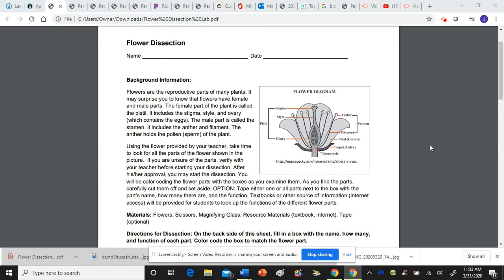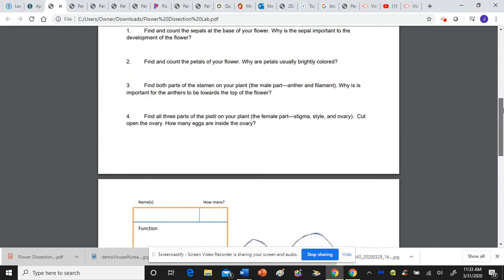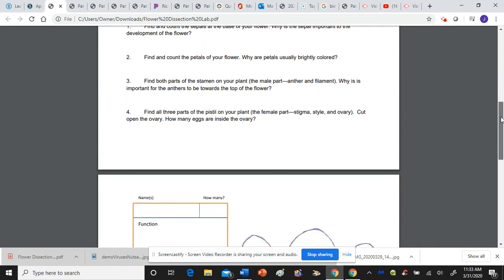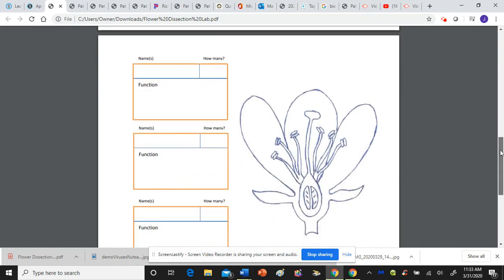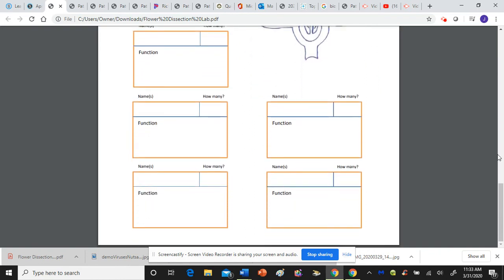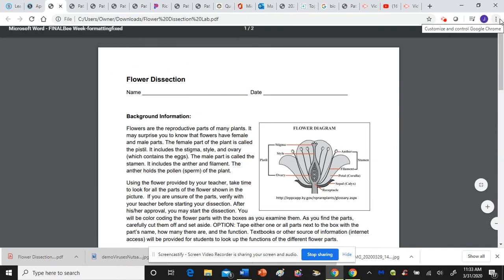But you're going to very carefully cut apart your flower so that you can see all of the parts of the flower. And then you're going to answer some questions about what you saw, counting petals, things like that. And then you're going to tell me what you saw and how many and what the function of that particular part is. So, again, if you can't get a plant, you can use the virtual dissection